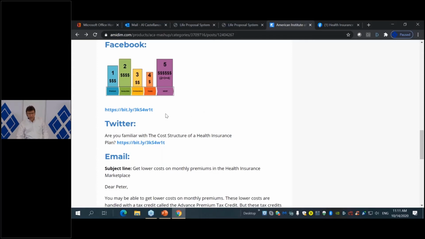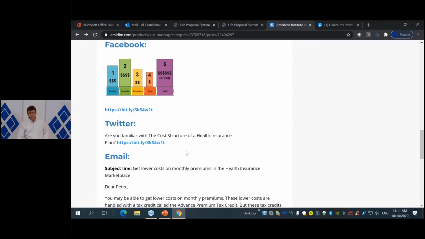So if you copy and paste this bit.ly shortener here to Twitter, Twitter doesn't understand what you're talking about, and what it's going to do is display that. People are going to say, wonder what's happening with this guy, okay? That's a weird message, okay? So you don't want that, okay?